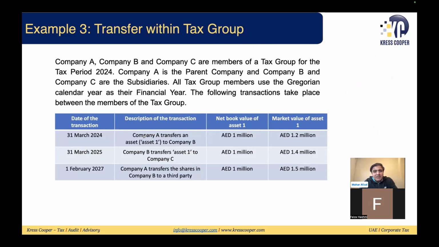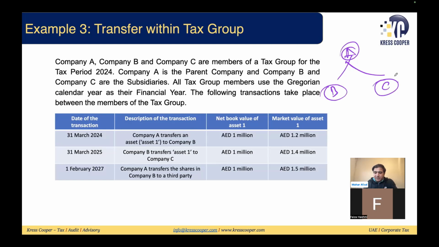Company A, B, and C are members of a tax group for the period 2024. Company A is the parent company and B and C are the subsidiaries. The structure is basically A, B, C, part of the tax group. On 31st March 2024, Company A transfers an asset